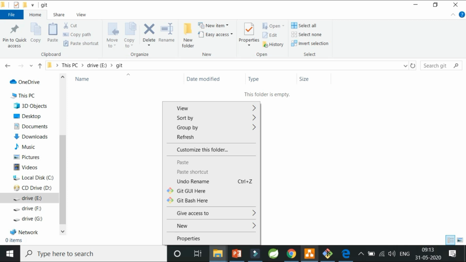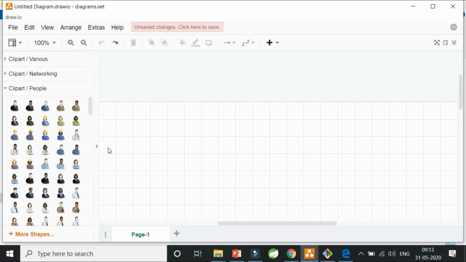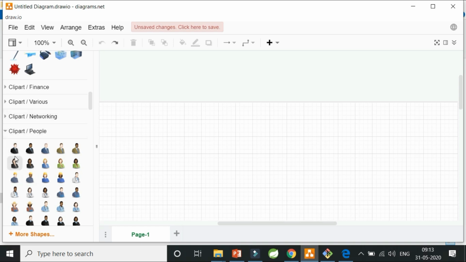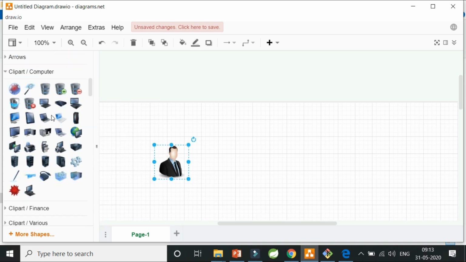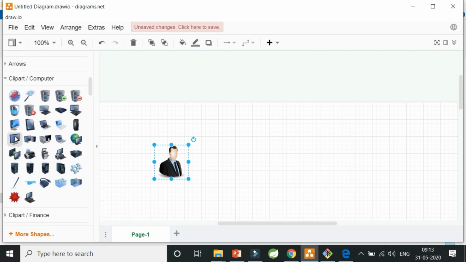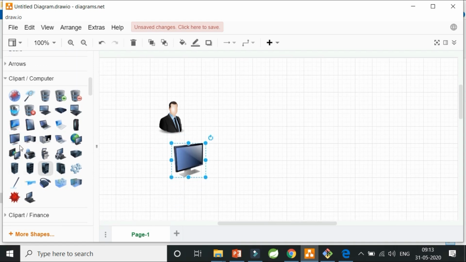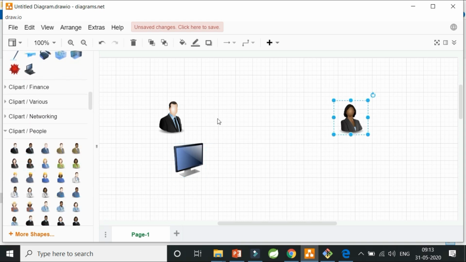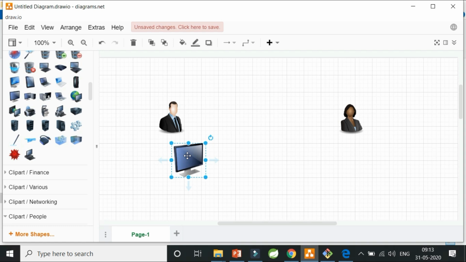my code here. And similarly, if I have a big team around me, say for example, this is me and I am trying to code at my system. This is my system. Similarly, this is one of my colleagues, and even that person is trying to code in the same place but at their own local system. So the code will be here at my system. This person, my team member, is also going to have the code at his or her own local system. So now a problem will arise: if I have changed something on my system, then how will I make sure that my team members have the latest code?